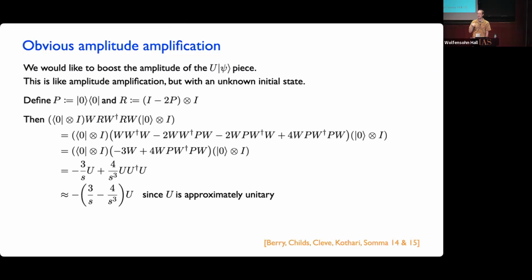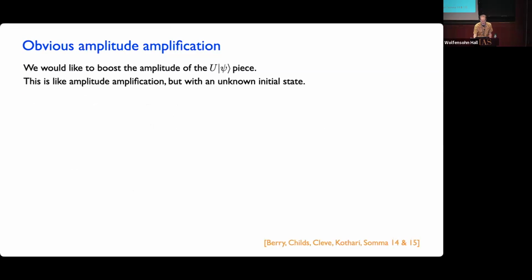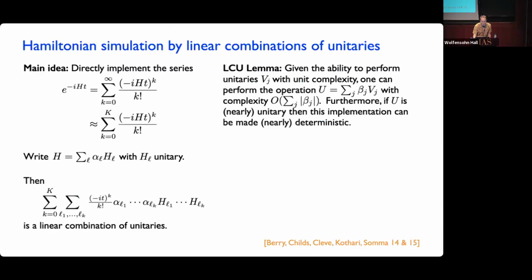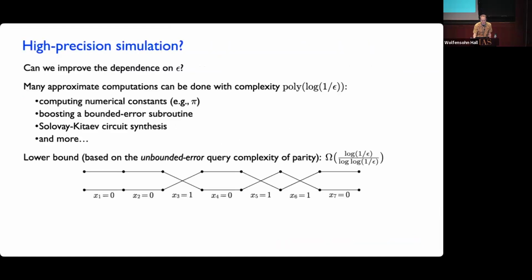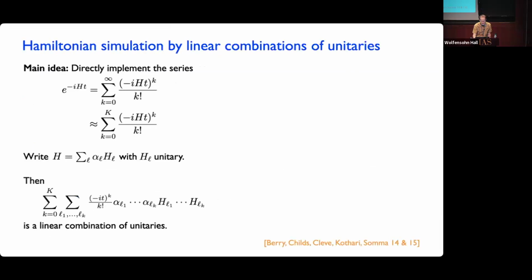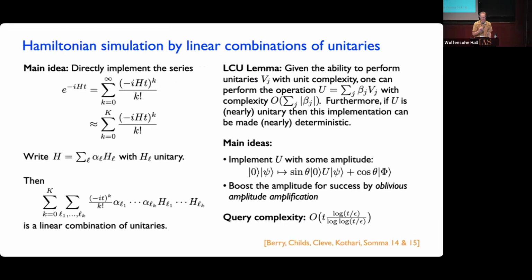So I think there's a way of getting this complexity, which, if I go back, our goal was to get this complexity for Hamiltonian simulation. And I think specifically to get this, you can do it where you only ever have to do one step in the individual segments. You only have to do one step of this oblivious amplitude amplification.